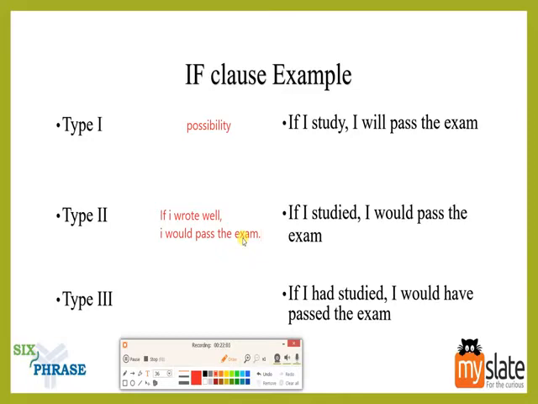So if you do not know whether it will happen or not, like there is a possibility that it might happen, right? There are two possibilities here. Here it is a sure shot possibility. You get it? It is sure shot. If I study, I will pass the exam. But here it is a very, very probable thing. Like, I do not know, it might happen, it might not happen. But if I did this, I would do that. It's something like that, right?